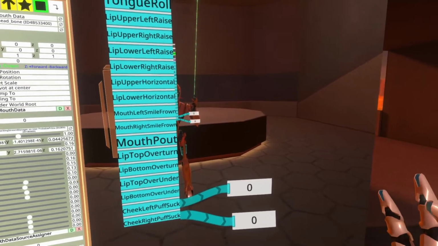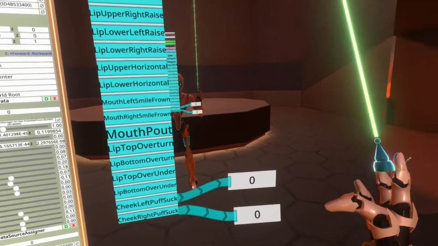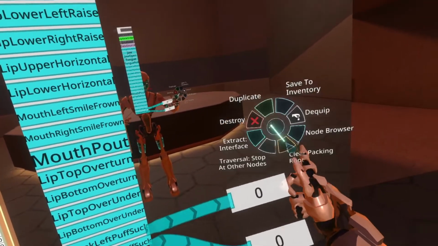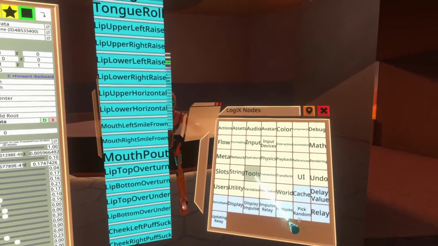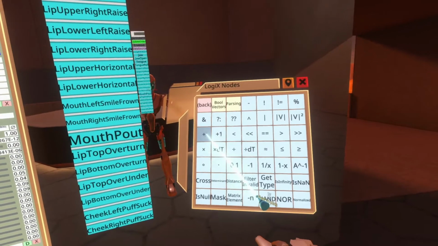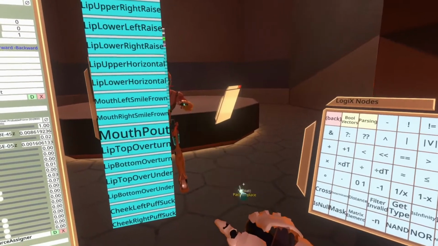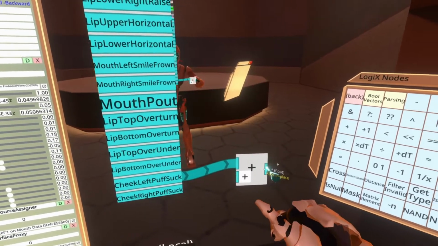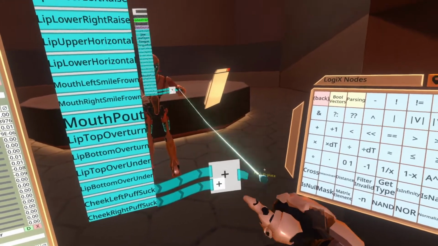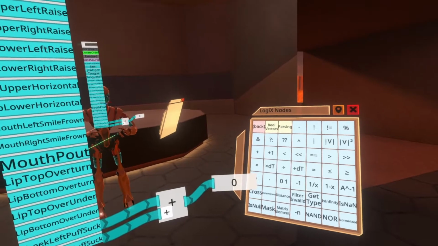This might not be clear or easy to understand at first, but we can solve that by adding these two things together, because that gets us a larger scale that goes between -2 and +2. So I'm going to go to operators in the LogiX menu and spawn a plus node here. I'm going to connect left puff suck and right puff suck together into the plus, and then we'll get a combined value out. So now when I puff my cheeks,